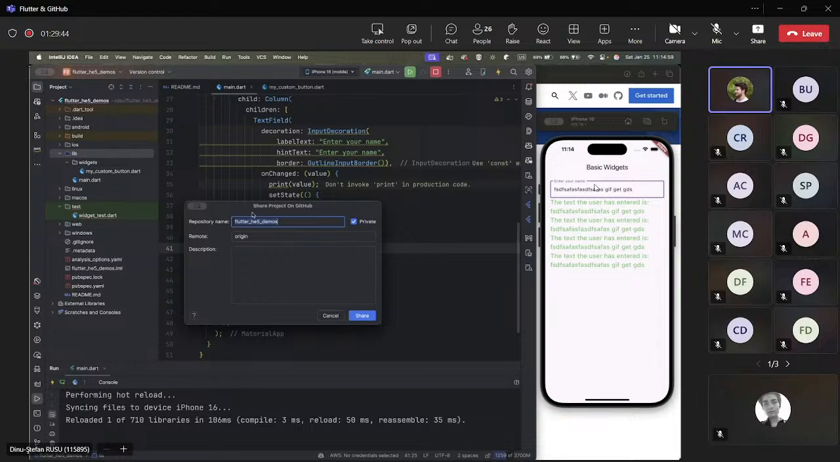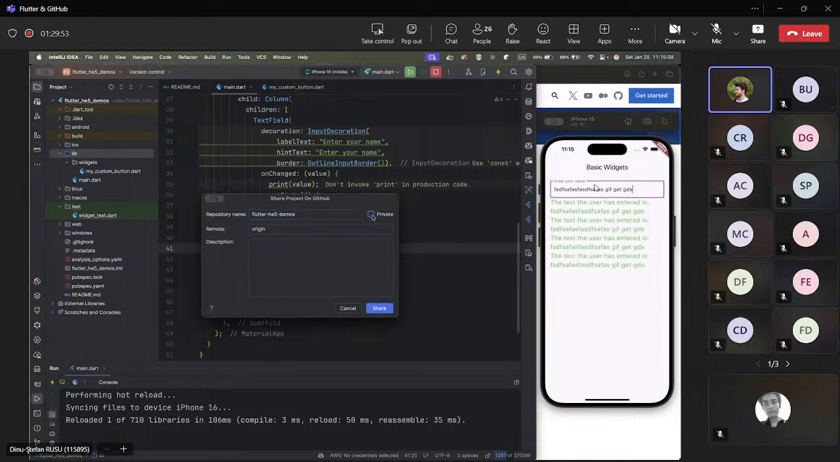Now I can choose a repository name. I told you I want dashes, not underscores, and I have it by default on private. If you uncheck this, it will create it publicly. What's a public repo? Basically,